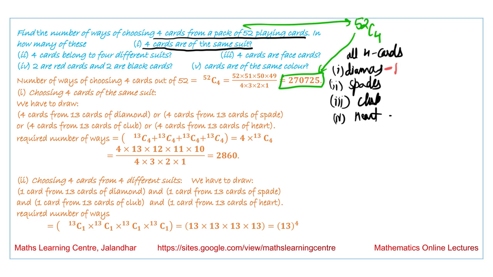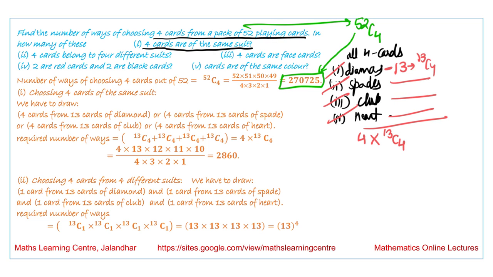How many diamond cards are there? There are 13 cards, and out of these 13 cards we have to choose 4 cards. So we have 13C4 options. Similarly for spades, clubs or hearts. So any of these 4 cases can happen, and the final answer is the sum of all these values. So it is 4 into